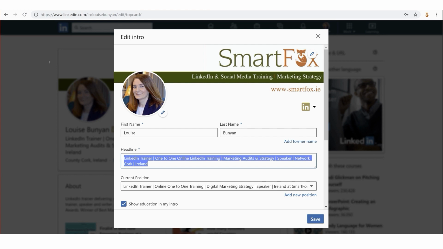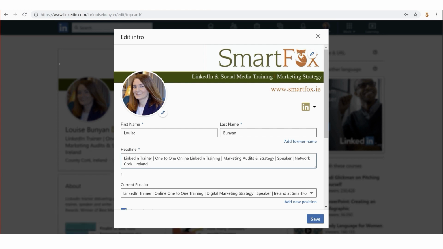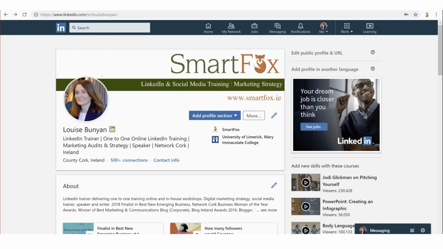So you might have your headline, and then you pop your new headline in, and always just keep a little eye on the word count underneath. So I have one character left to play around with, but I've packed a lot into my headline. So when you're ready, you paste your headline in, and next we just hit save. And that's it. And that's how we update our headline.